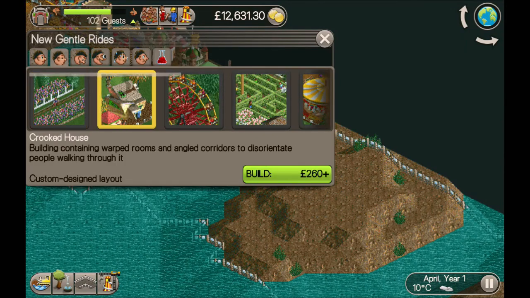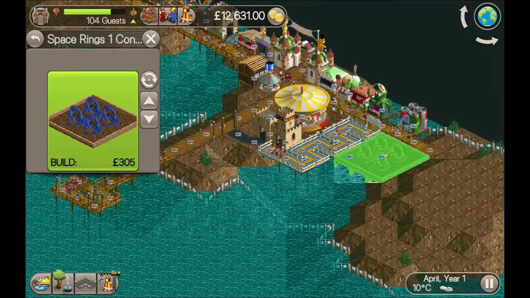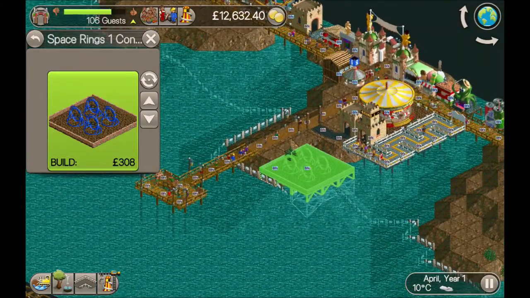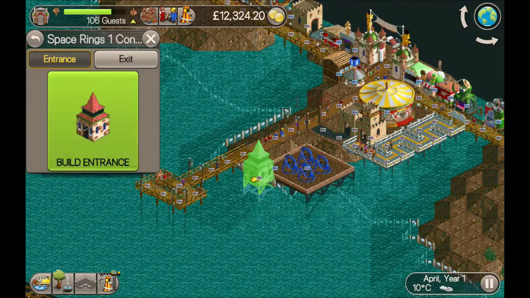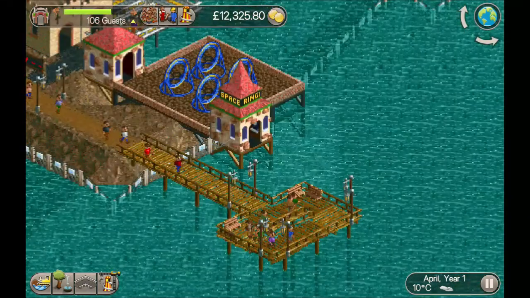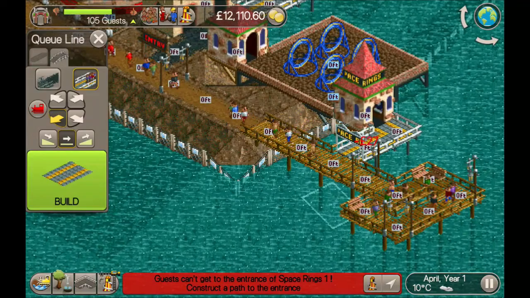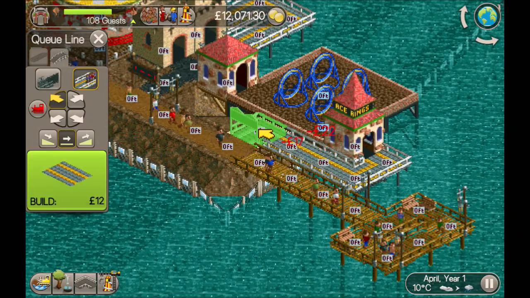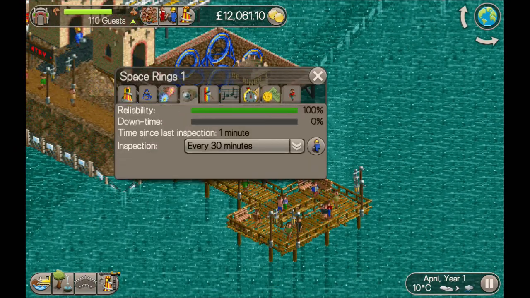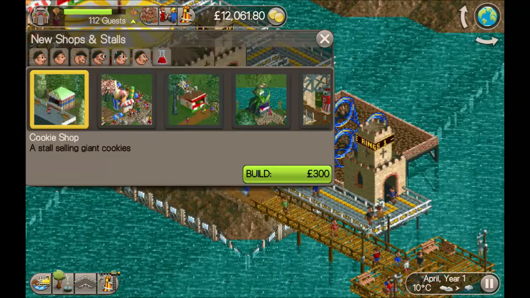100 guests. We are a 10th of the way. Guests can't get to the entrance of Space Rings 1. Do they really want to get to the entrance of Space Rings 1? That is probably the better question. Let's put it up to £1. I know we're only going to have to reduce it later, but